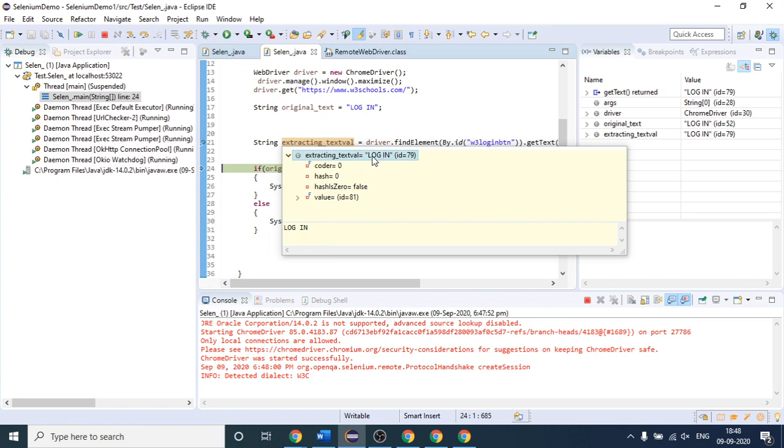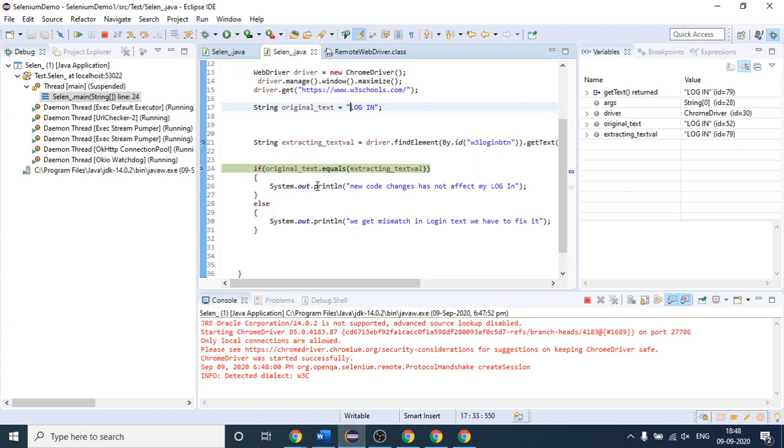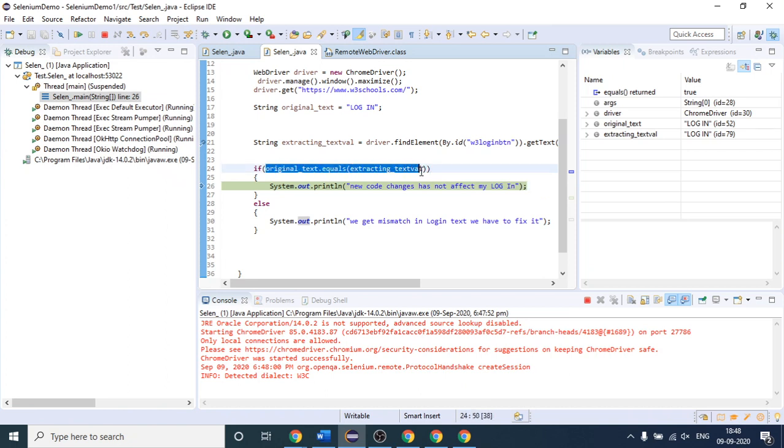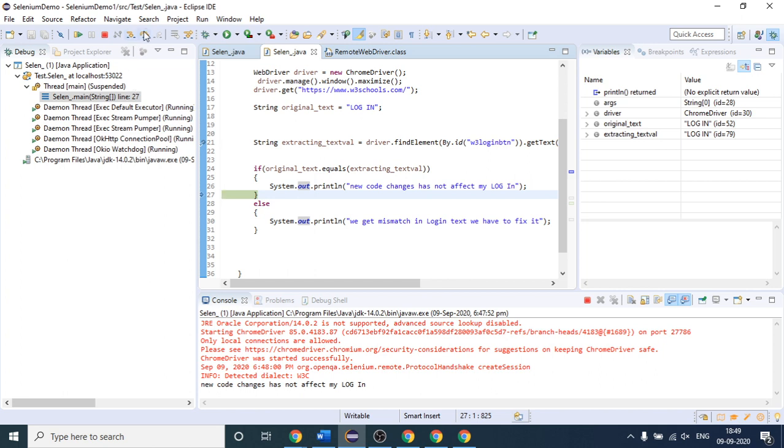But if this value got changed due to some code changes, I think I would be able to, okay, here it is not possible. I was trying to change the value here, but anyway, I think you have got the concept that if this value has something different, then we will jump to the else part. Here you can see this value is correct, the condition is true, so we are just executing the if part, and we will not go inside the else part, and then our program execution has stopped. So this way you can use the getText method to validate your website. Is it clear to you all?